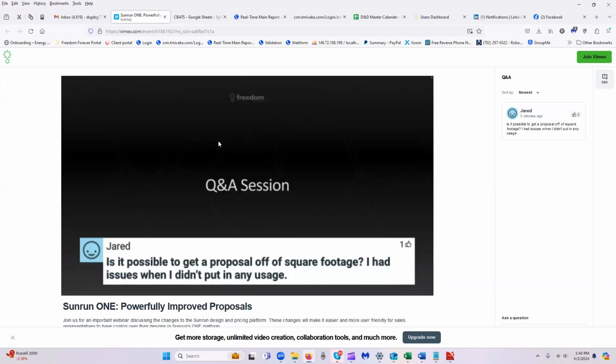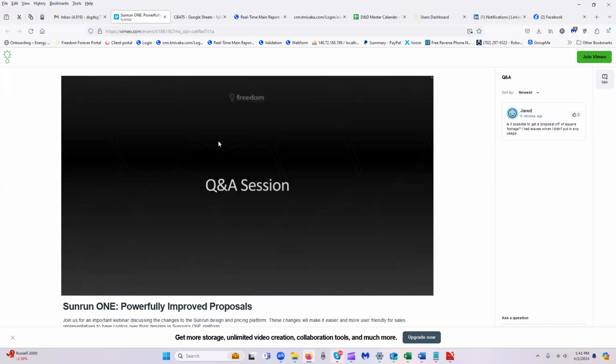Yeah, so the system will default to sizing on square footage when we have title and square footage information available. 99% of the time we do. But if it's a new home, new build, especially new builds that maybe we don't have title information for yet, that's something that you'll want to reach out to the sales support team. That's pre-SRA at sunrun.com, and they can help you with locating what the square footage should be, updating that amount,